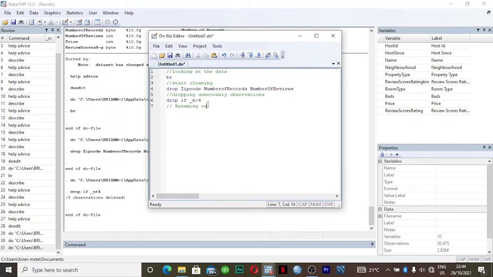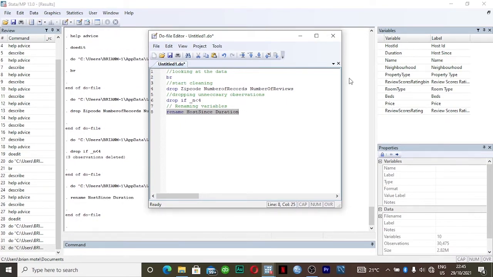Then we write the command rename host_since, and you're renaming it to duration. I highlight it and press Control D. As you can see, it was renamed to duration.